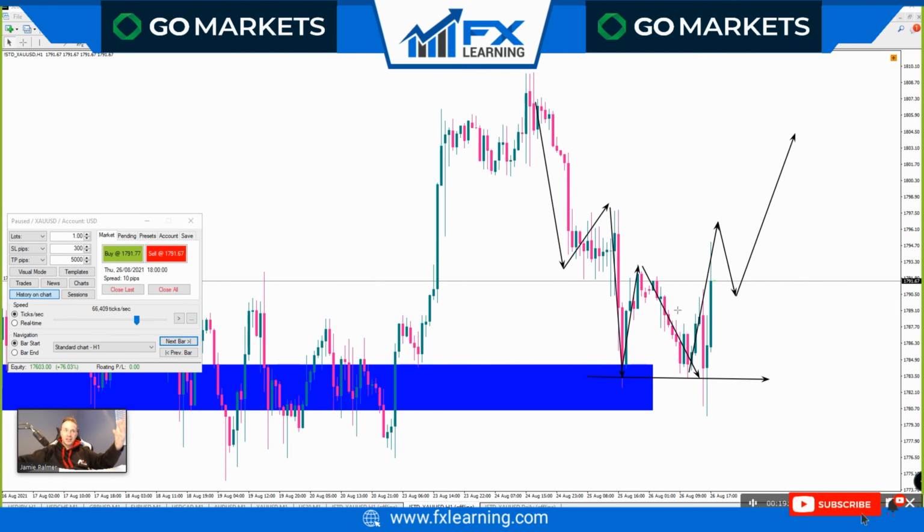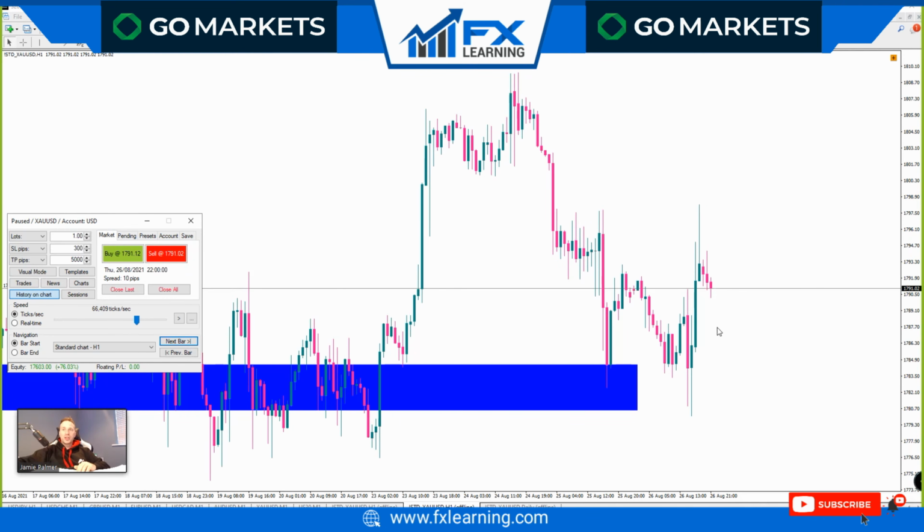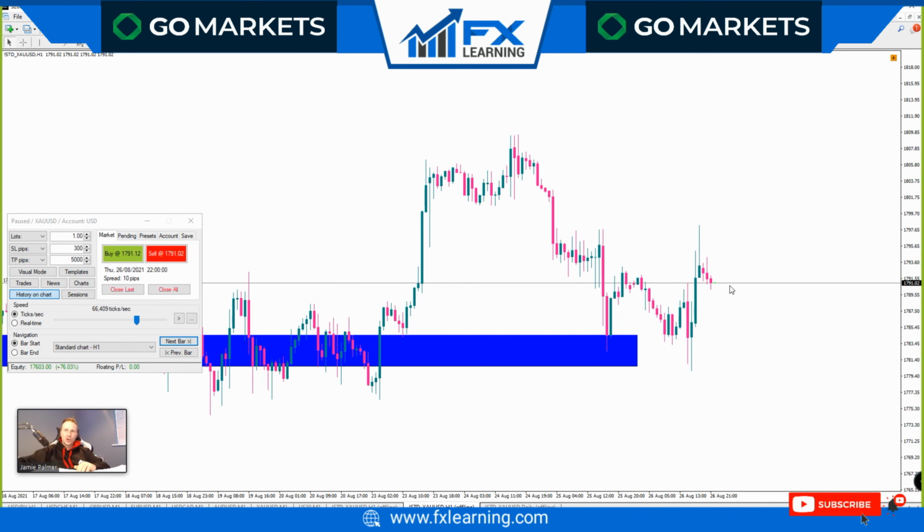The daily is telling me to buy. What we're going to do, we're going to buy. So let's see if we get that. We're going to get a pullback just here. And let's buy it. Now I'm going to put a wide stop loss on this because normally this isn't kind